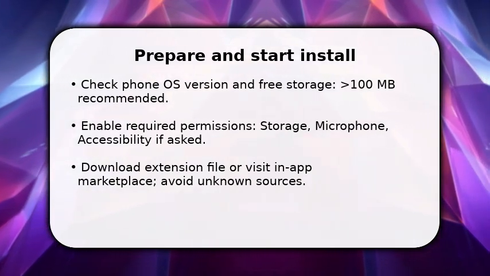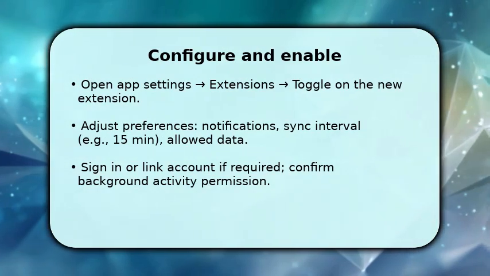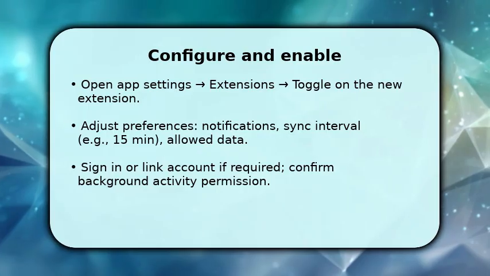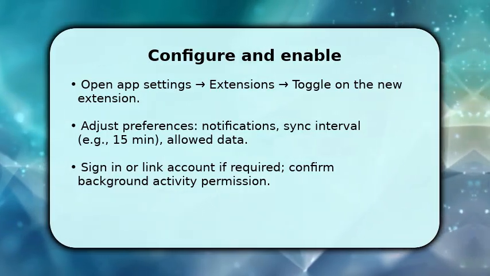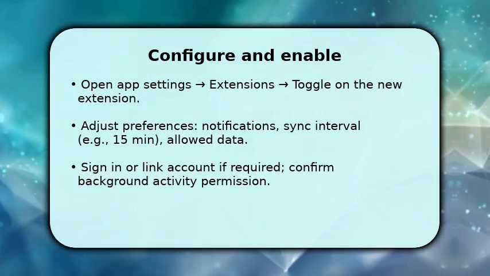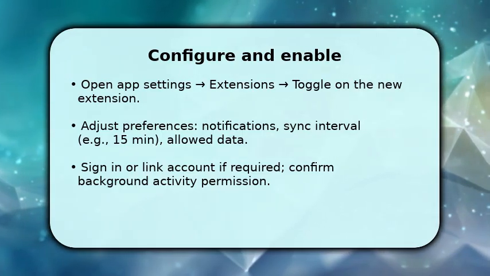You now move into configuration so the extension works as intended. Open the host app settings, find extensions, and toggle the new entry on. This activates core functionality. Then adjust preferences, choose notification behavior, set sync intervals like 15 minutes, and specify what data